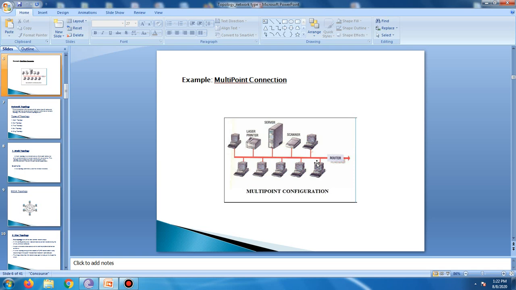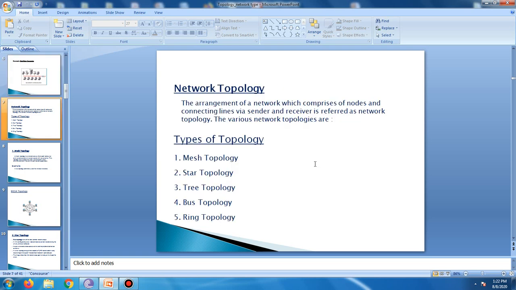In a multi-point environment, the capacity of the channel is shared either spatially or temporally. For example, if several devices can use the link simultaneously, it is a spatially shared line configuration. Okay, next one,